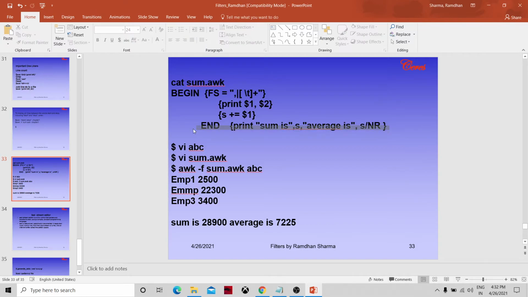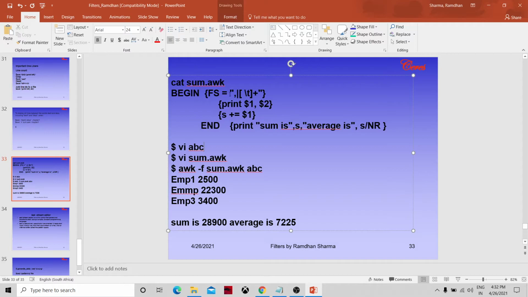So it will work as a section. In the beginning we specify the field separator and so on. Now the body section is repetitive in nature. So print $1 and $2, and then S is equal to S plus $3. S is some variable.